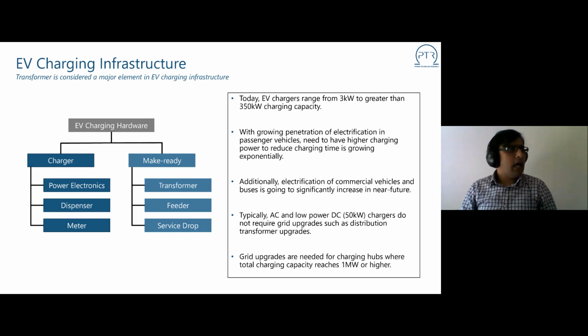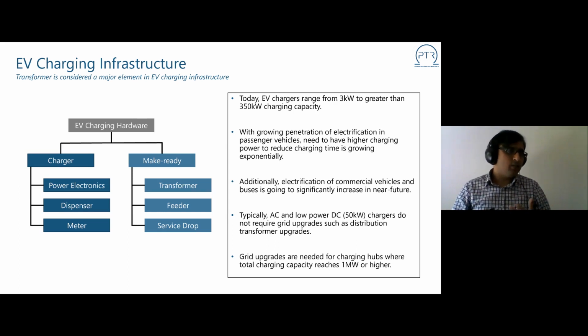Moving forward, how does this impact the transformers market and overall power grid market? We all know that EV charging hardware is much more than the charger itself. There is make-ready equipment, which is there to support the charging infrastructure. It is becoming more and more evident as we see the increase in charging power. Typically, what we saw earlier in the last decade, for the residential charging infrastructure,